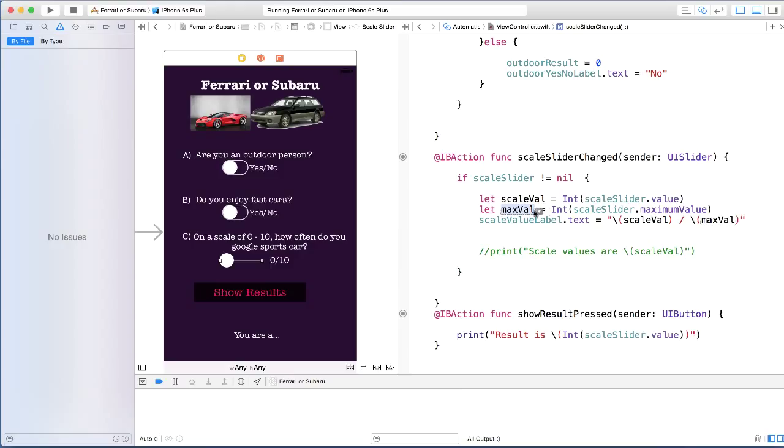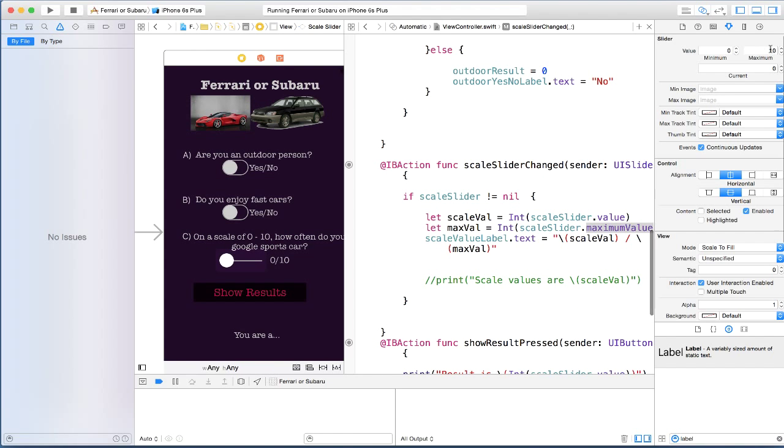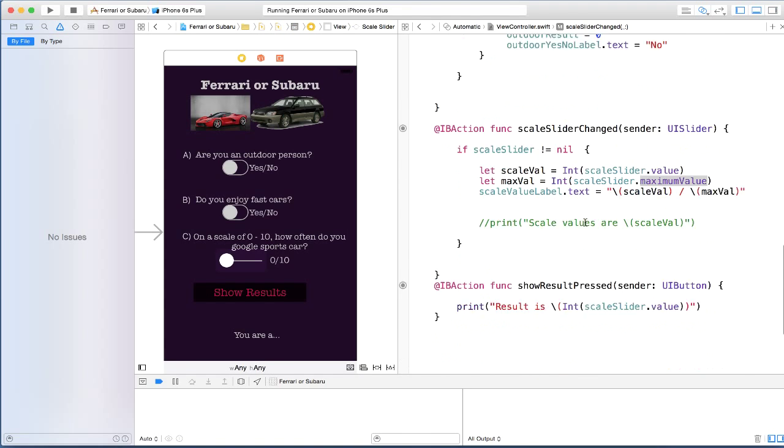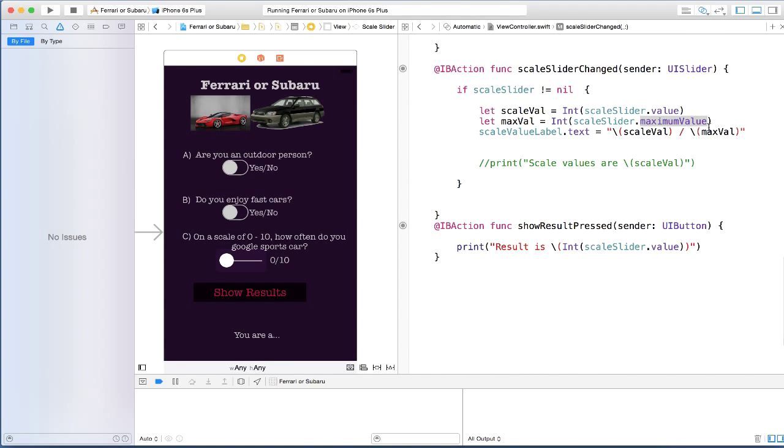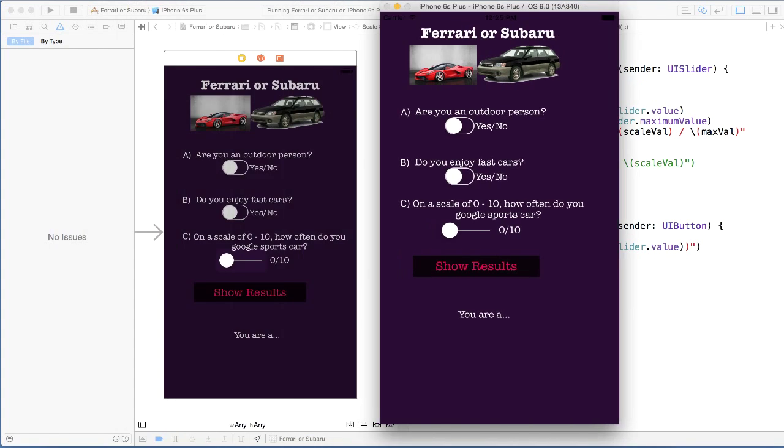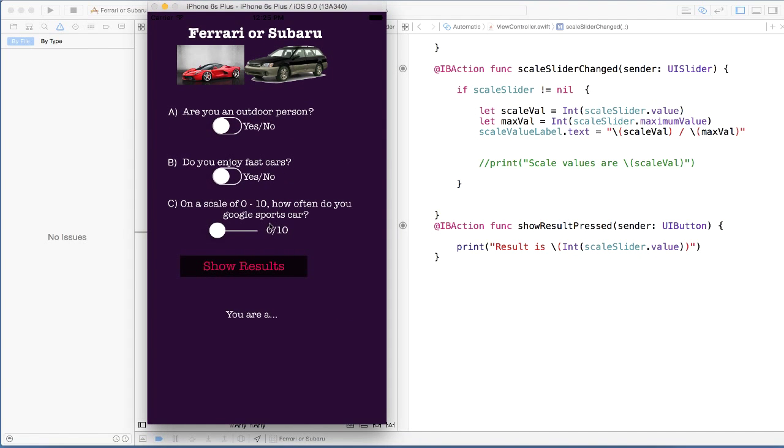We created a variable max val and we gave it the maximum value that our slider holds, which essentially is, let's click back here, this value here. And this is good programming habit because now everything is dynamic. If we decided that we want to change this again to 0 to 200 or 500, then we don't need to change anything here because this will just fetch whatever we set this to be. All right, so let's go ahead and save and run. Again, you won't see any difference, but now we know that our application is indeed dynamic. So let's go ahead and change this. Okay, again, nothing is changed, but we know everything is dynamic, which is good.